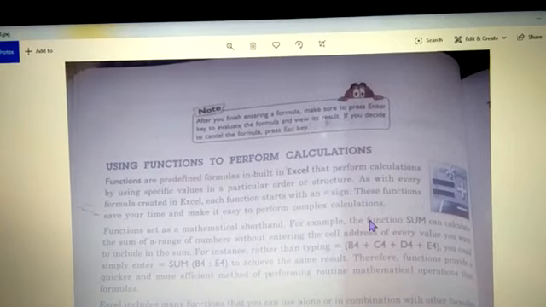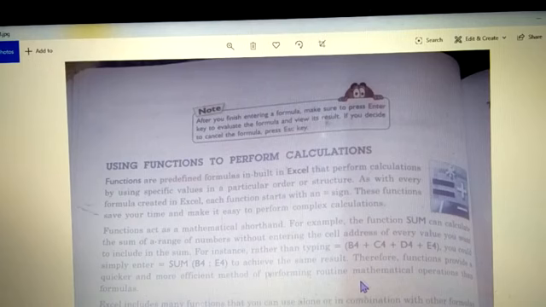If you want to add numbers, what word will you use? You will use SUM. When the computer reads this word SUM, it will understand that whatever numbers or cell references you give, it has to add those cell references, the values that are there in those cells.